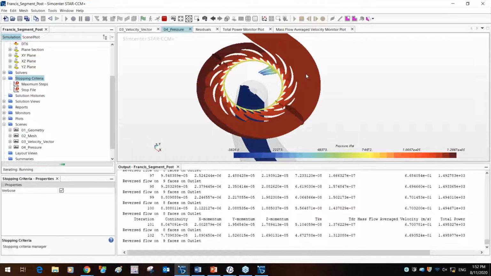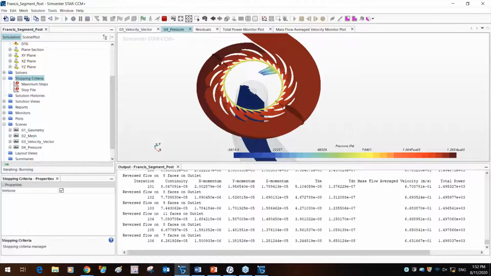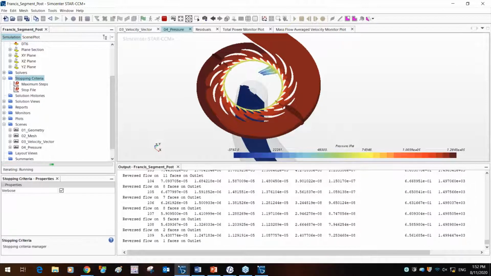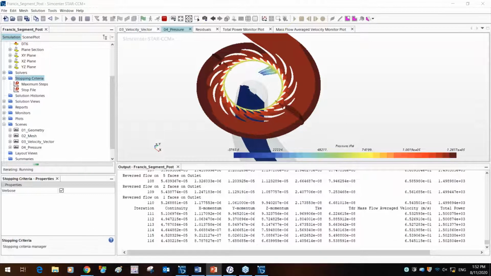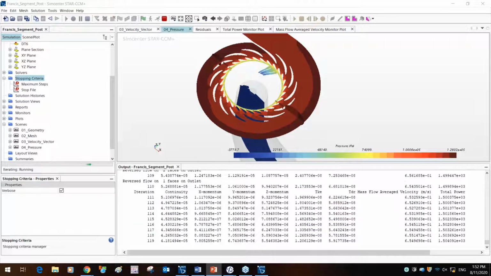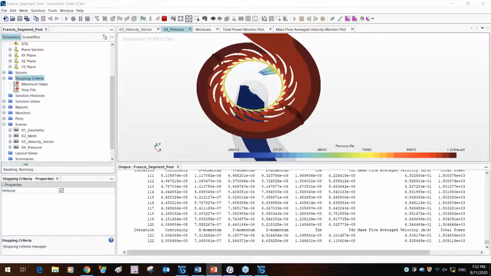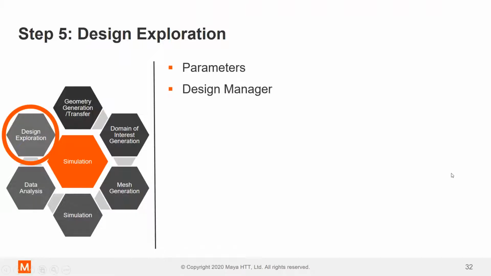While the simulation is running, I do want to touch upon the last and final feature of this presentation, and that is to look into design exploration. In design exploration, there are two things that we want to talk about: parameters and the design manager.